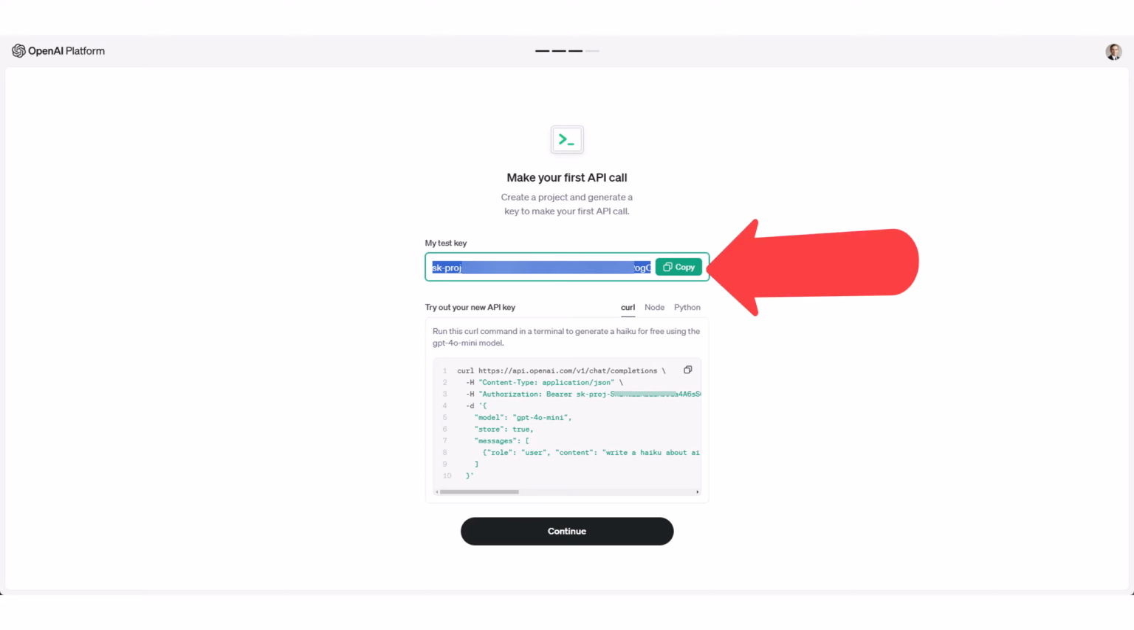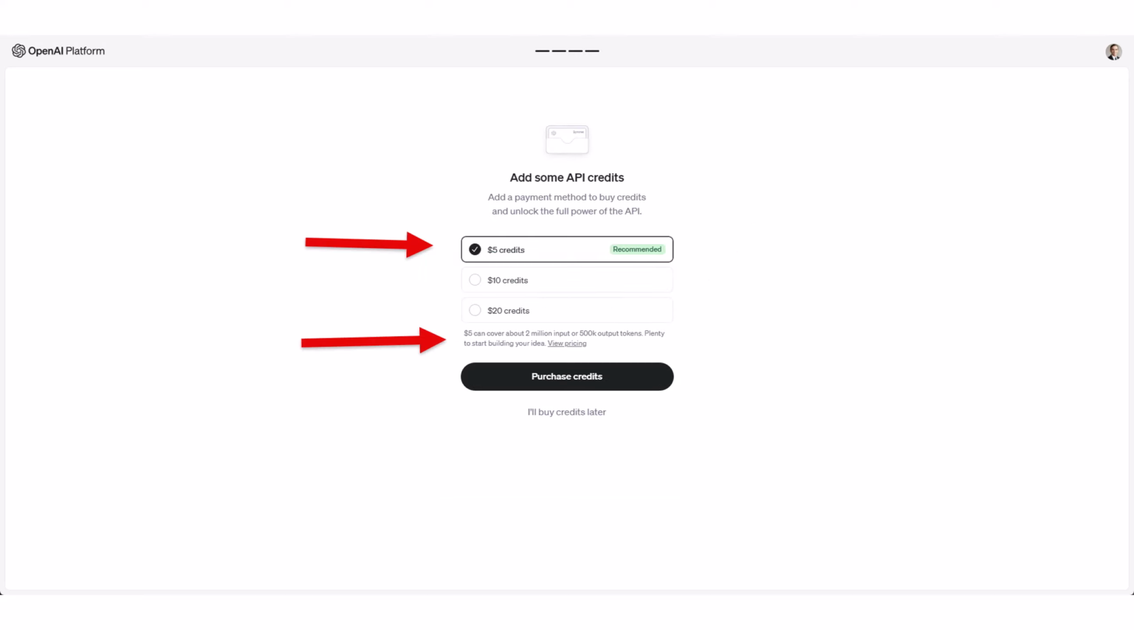You can just simply click on Copy and Continue, and then it's going to ask for you to add a payment method to buy credits. We recommend you just start out with $5, and you can see below that $5 can cover about 2 million inputs or 500,000 output tokens. So that's plenty to get you started, and it's very unlikely, unless you're a heavy user, that you'll ever need